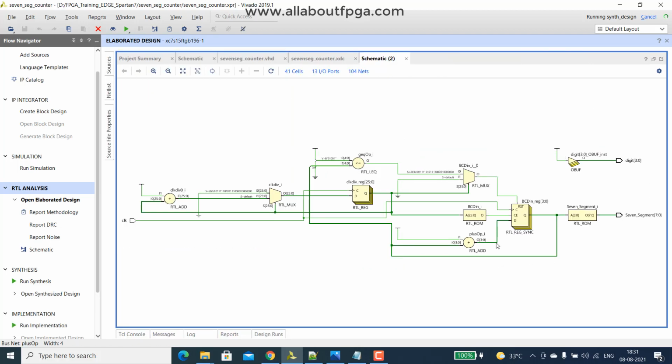Here, it is somewhat understandable. Here you can see the clock divider, it is creating 0 to 25, that is 26 registers. So the 50 times 10 power 6 was shown here as a binary number.